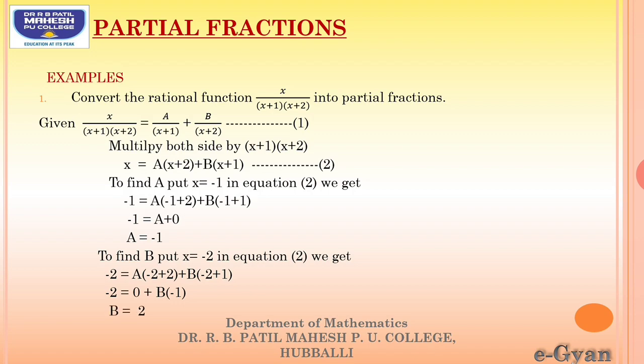So b equal to plus 2. So now here a equal to minus 1 and b equal to plus 2. So these two values now you have to substitute in equation number 1. So that is the required term. Now from equation number 1,